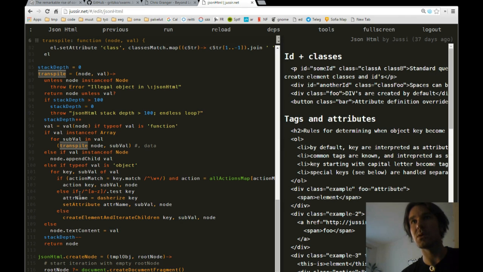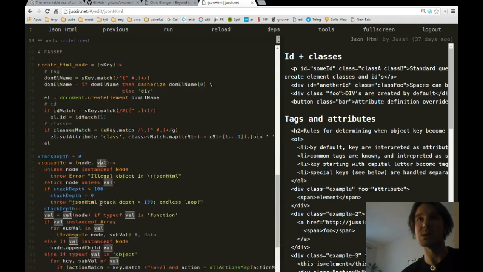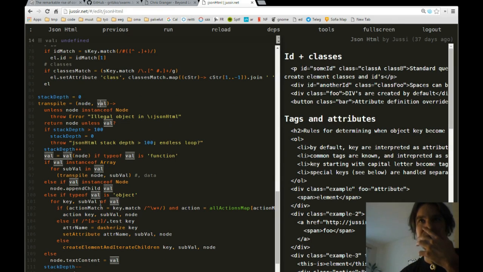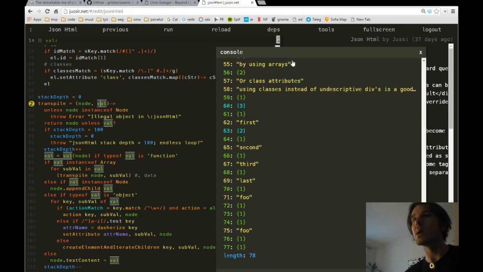And not only does it call itself, it has pretty vague parameter names here. It has a parameter like value or val. So when we start reading this code, it can take a long time to understand all the possible values that this val could have, or what exactly this val does. But with this fast console logging technique, we simply highlight it, press Ctrl R, and here we have all the values